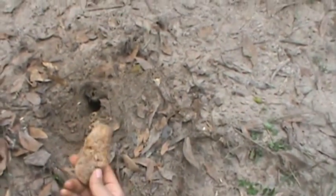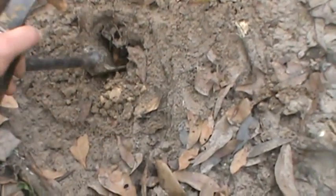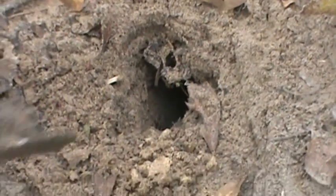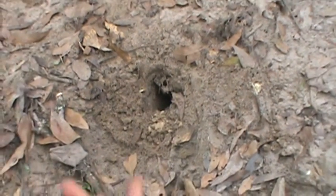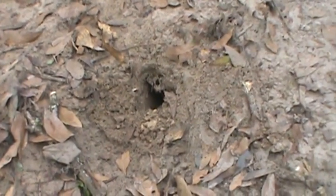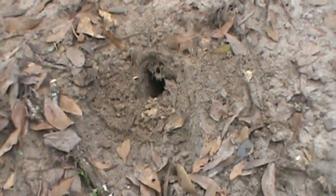Take your chicken finger or whatever you get, drop it down in the hole, push it in there. And when I get over here, some people cover their stuff up. I don't like to. I believe it lets more smell out. And then when they come over here and they look down the hole, they're gonna see it and they're gonna go after it. Now, with everything like this, you're gonna have to take something